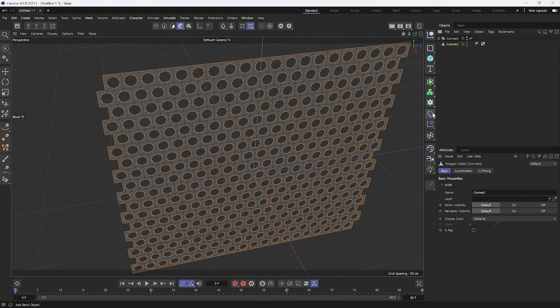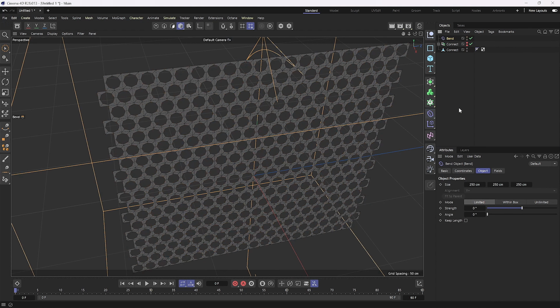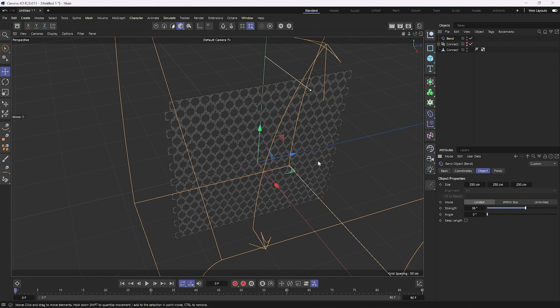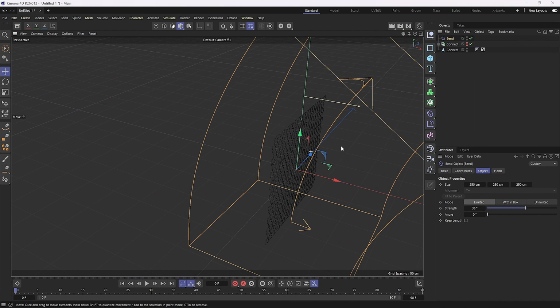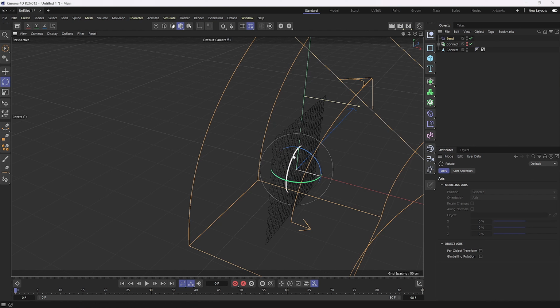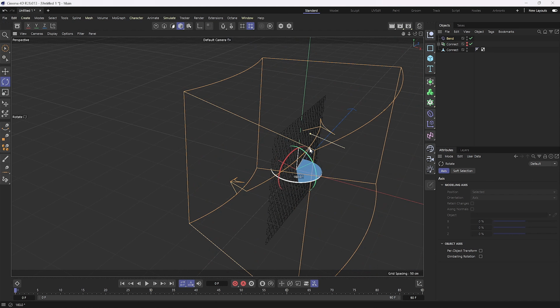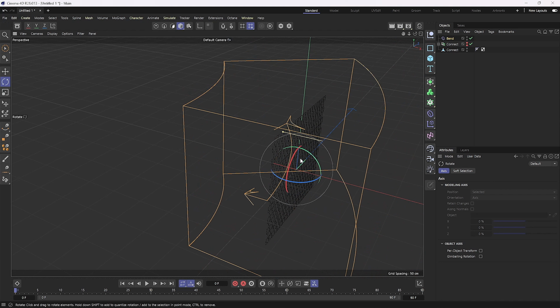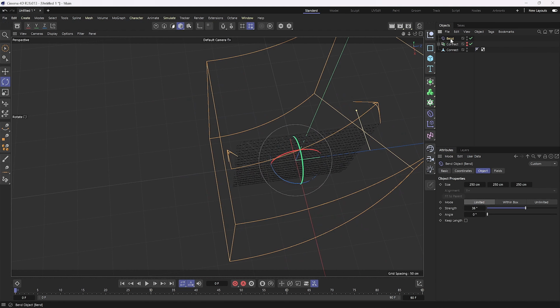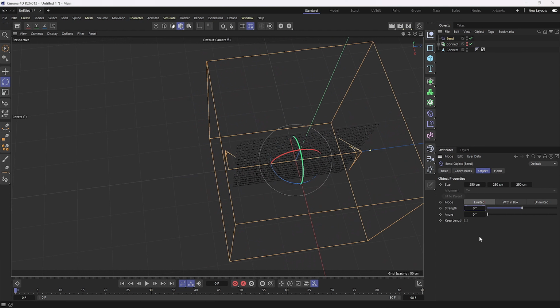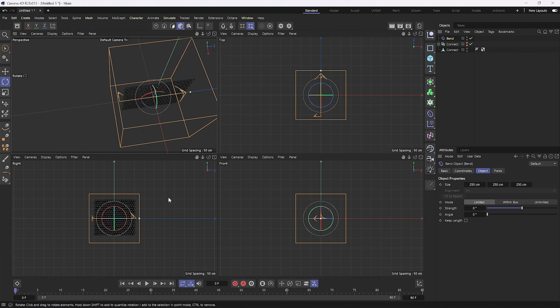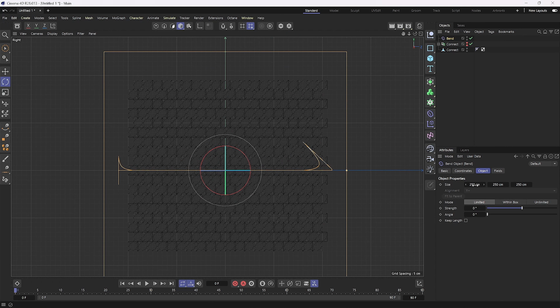Next step is we add a bend deformer. We play a bit with the strength, and see this is not the direction we want. We play a bit with the rotation, 90 degrees in this direction, and yeah, perfect. We set the strength back to 0 and go in the front view. Now we need to fix all of these to fit